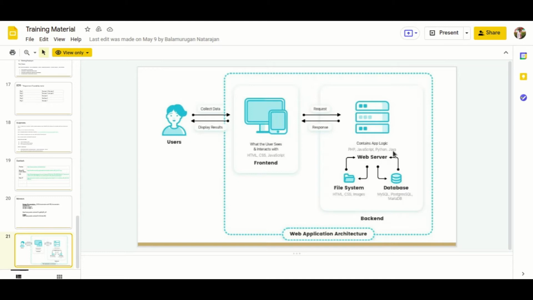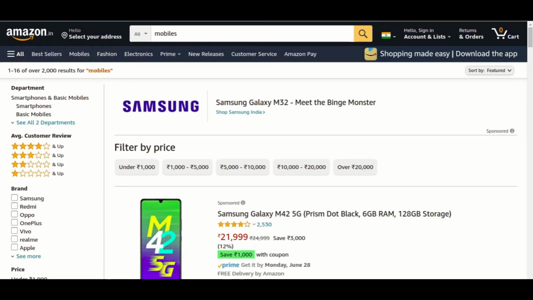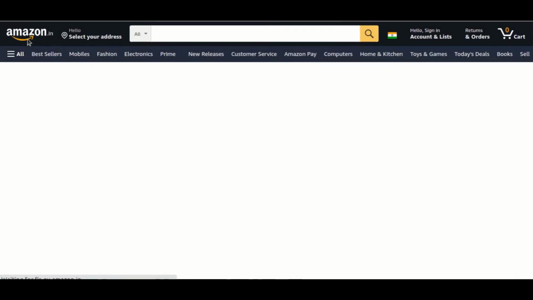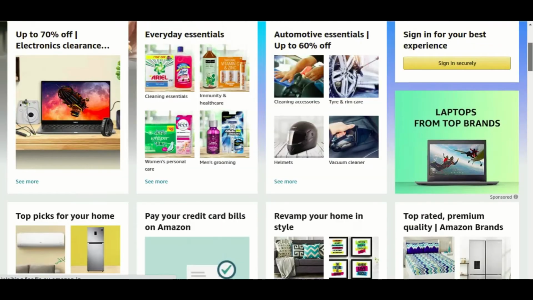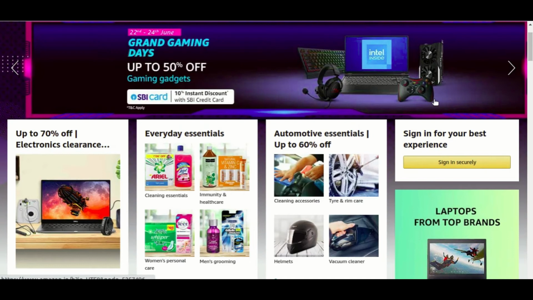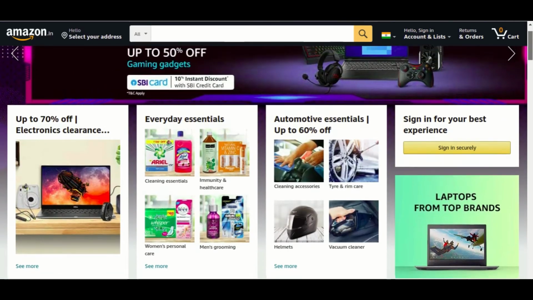For better understanding, we will move to a live example. Let's take the Amazon web application. We can see some images, some coloring part. This is the front end part.